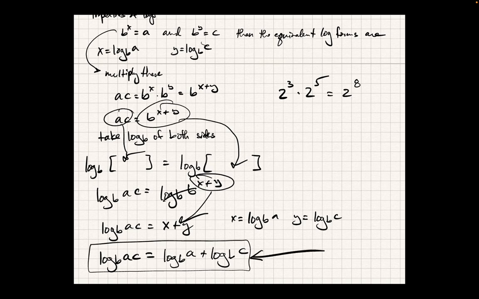As long as you have the same base, log of two things multiplied together equals the log of the first thing plus the log of the second thing. So just to identify it, b to the x times b to the y equals b to the x plus y. So I took the log of both sides and you find out that